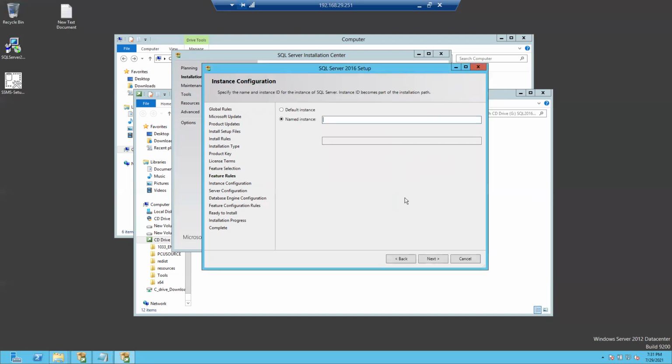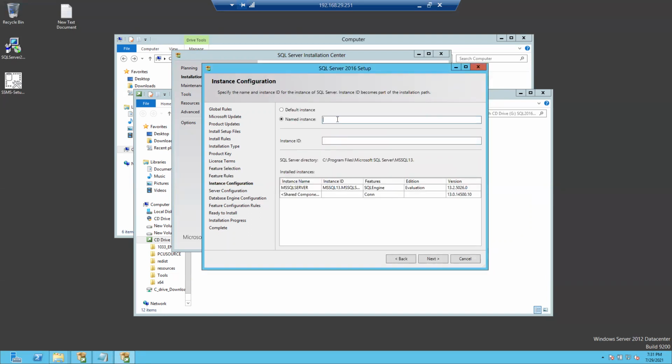So I'm giving a named instance, like prod. The default instance was already done and it got corrupted, so I'm going with the prod instance. Okay, prod, next.